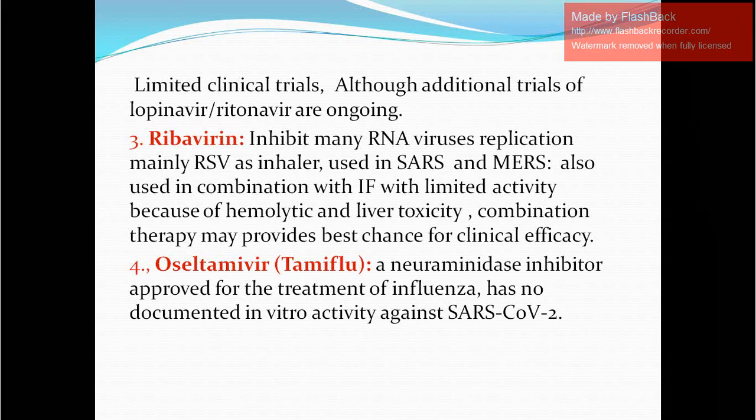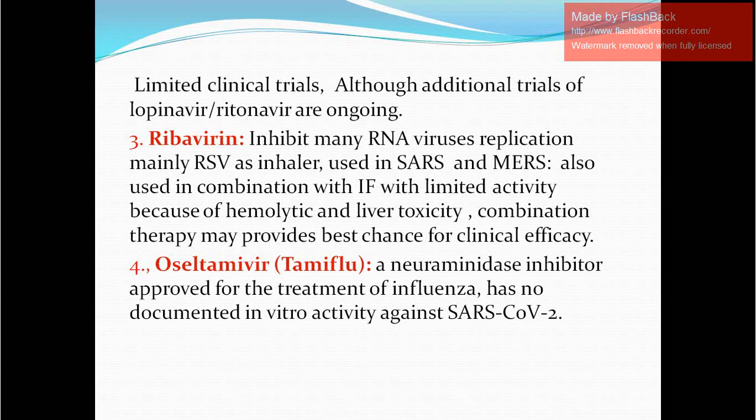Ribavirin is the third antiviral, and ribavirin inhibits many RNA viruses, and is mainly used for RSV, which is respiratory syncytial virus, as an inhaler. This RSV causes severe bronchitis and bronchiolitis in babies and toddlers, and they used this drug for MERS and SARS also, in combination with interferon. They found limited activity in the treatment of